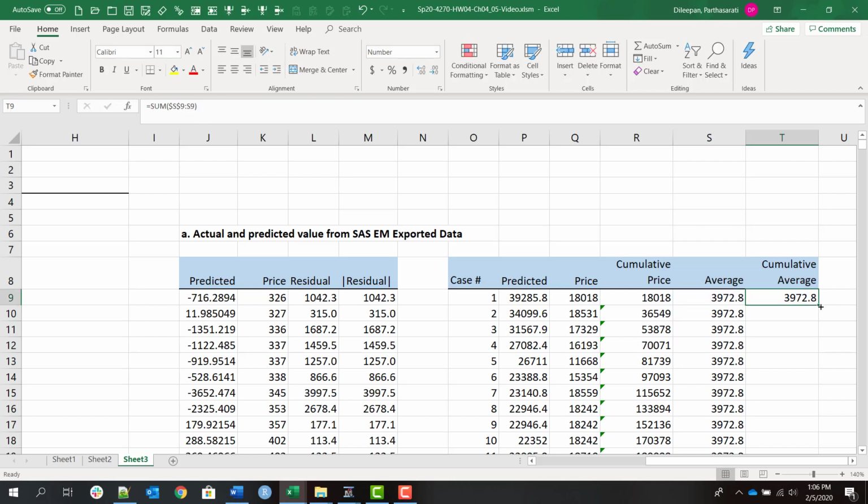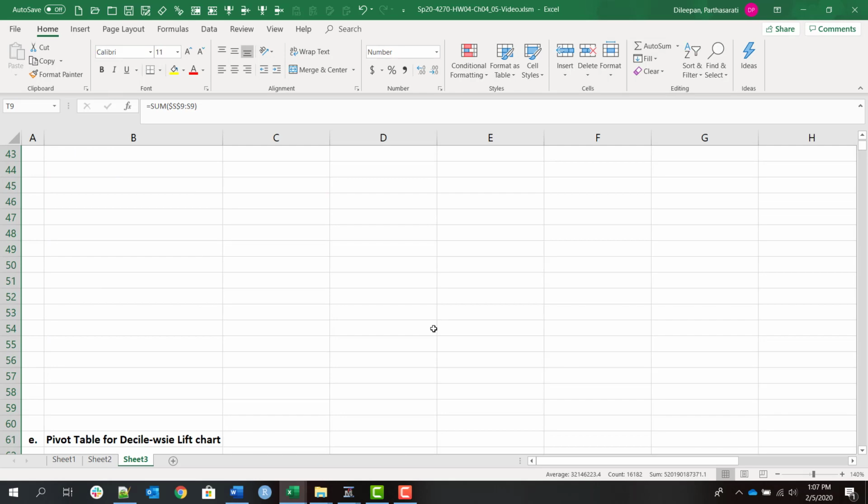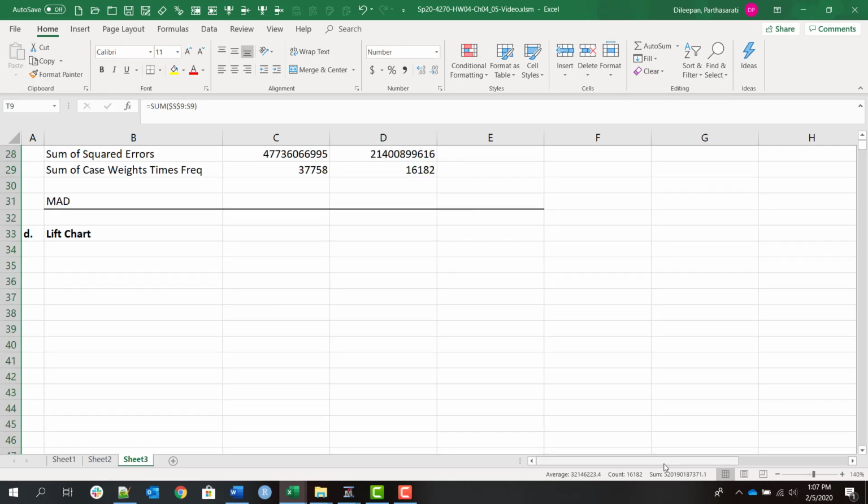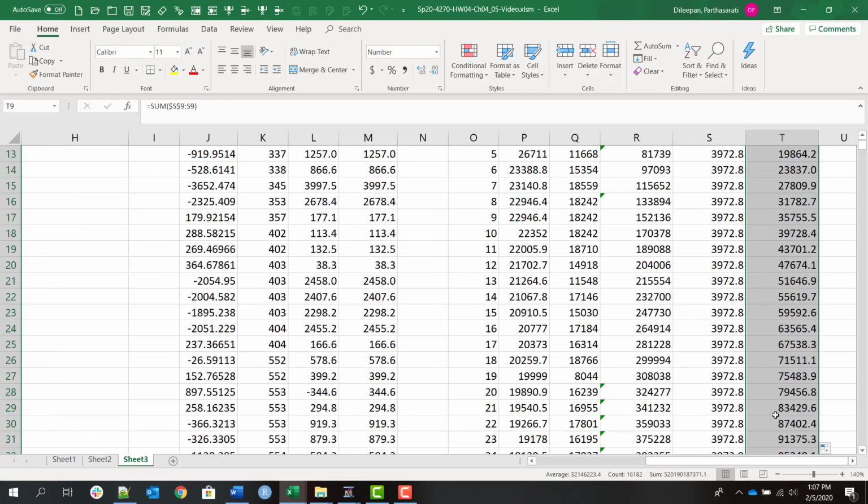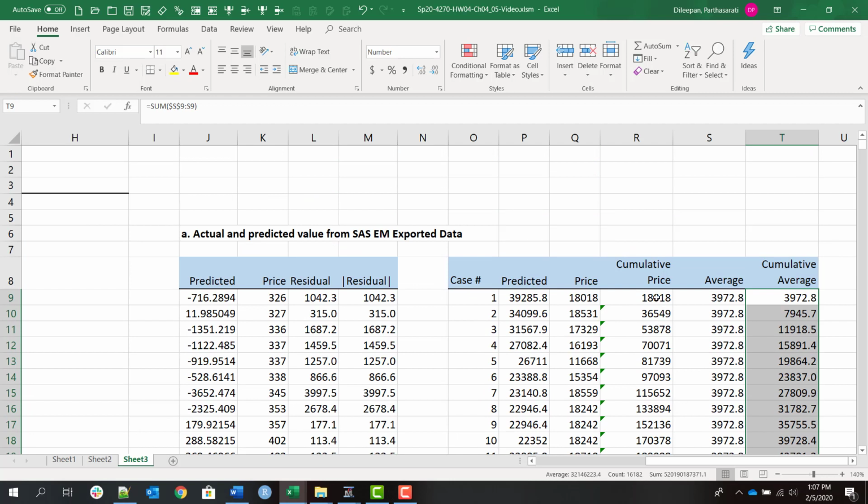Okay. So here is, after having sorted by predicted price, this is how the actual predicted price cumulative comes out. Okay, and how does it align with the cumulative average? That's what we have to plot, and that's our lift chart D. So here it will be the cumulative price